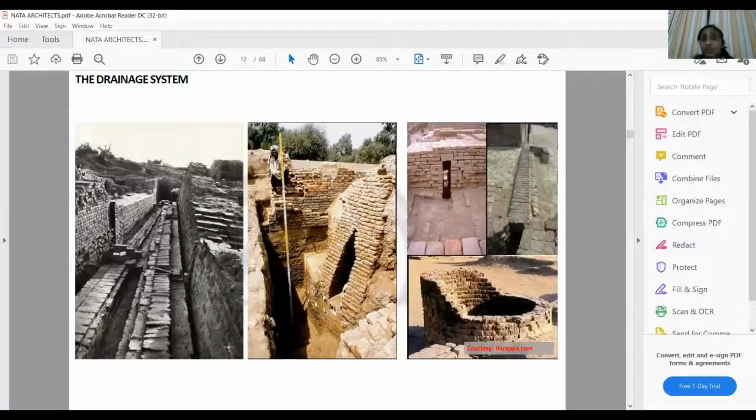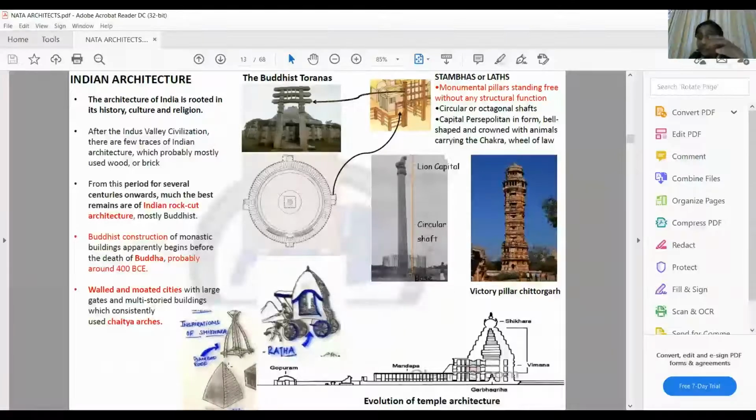And then we'll be heading on to Indian architecture, like how all these set a foundation for the evolution of what we even follow till date. And then we have the evolution of temple architecture itself. Mainly we observe that the Vedic age refers to the time span between the end of the Indus Valley civilization and the rise of the first Indian empire under the Mauryans. Here we observe the emergence of four Vedas, that is the Rig Veda, Samaveda, Yajurveda, and Atharvaveda. And we also see the emergence of the rock cut architectural phase.